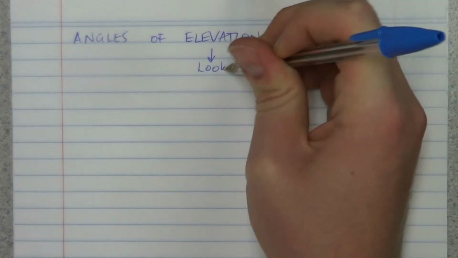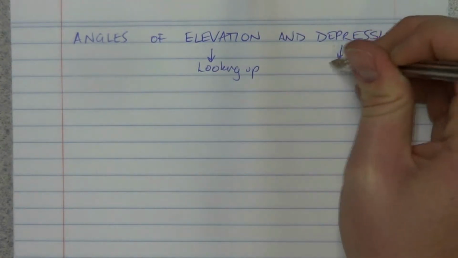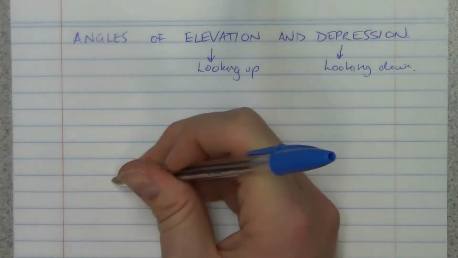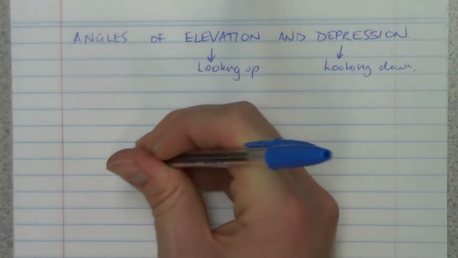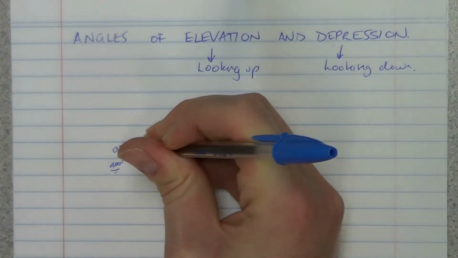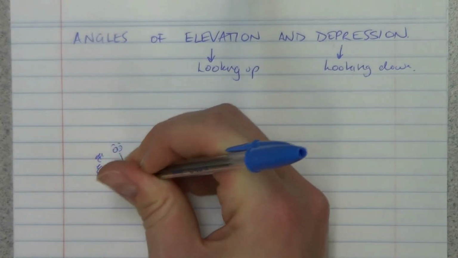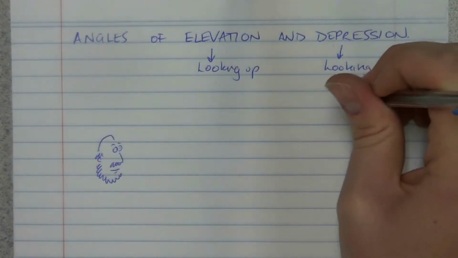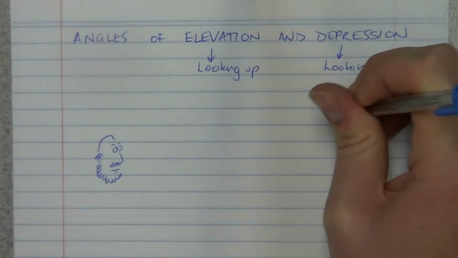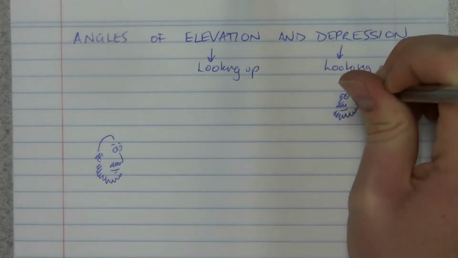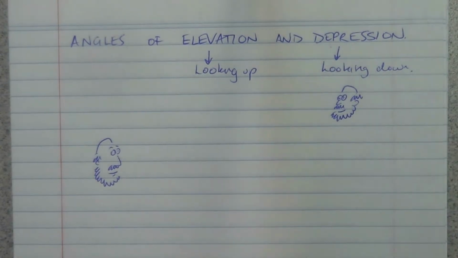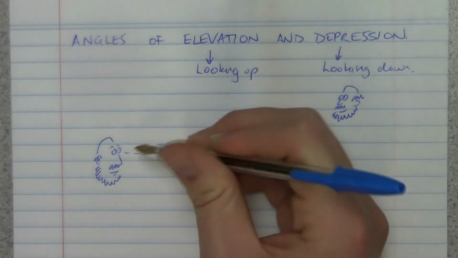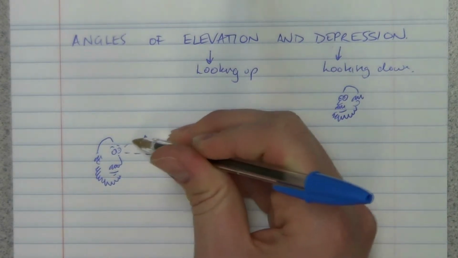Essentially, elevation is looking up and depression is looking down. So, if for instance I had, this is me down here, there I am, all beardy, and there's no hair, and then I've got my clone up here. Hello clone, hello. So there I am, and if I'm looking straight ahead, and then I look up to look